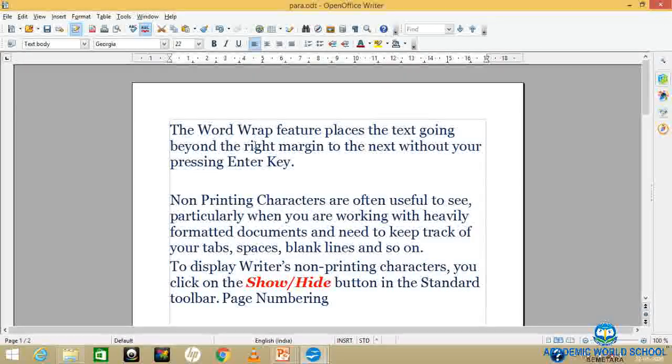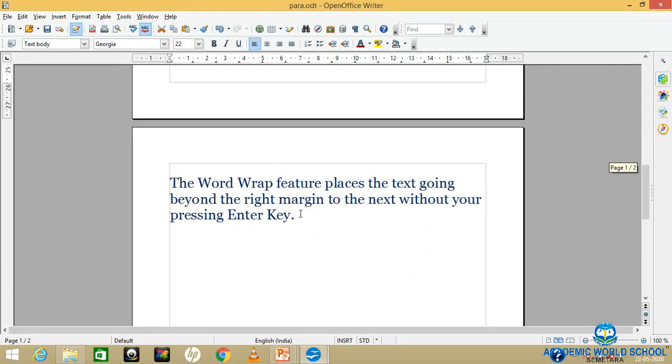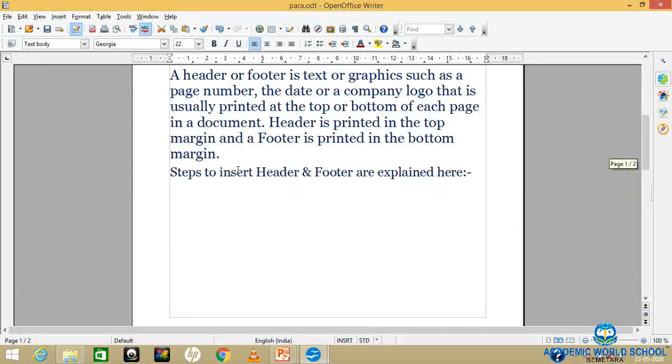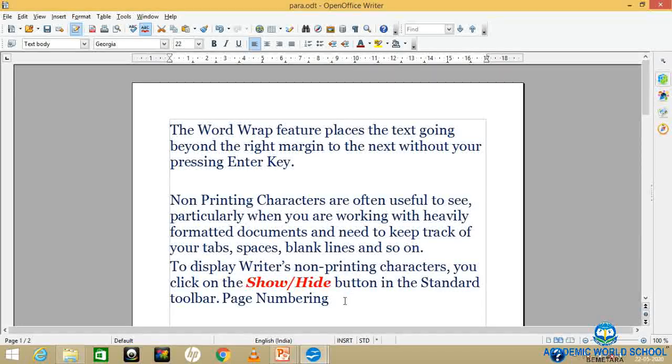Now I'm going to cut and paste. Before doing that, select the matter, and the shortcut key I have already told you, Control plus X. Now you can see the matter has disappeared from here. I'm going to take this to a new page, Control plus V. So now this matter is not available here.